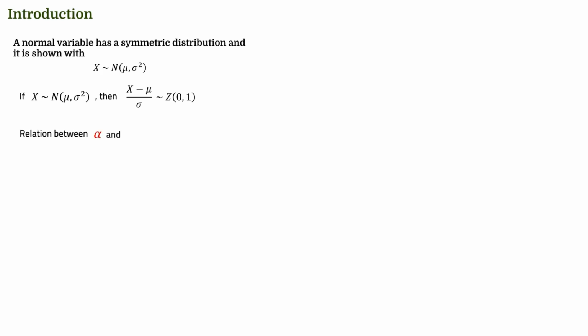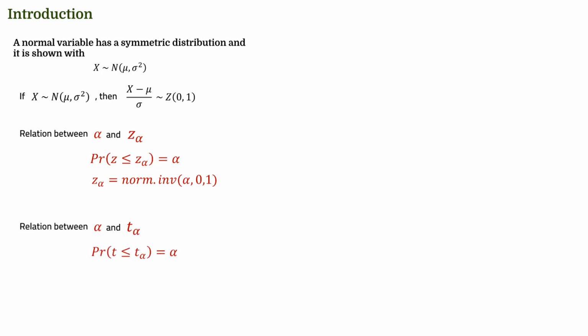Relation between alpha and z alpha: probability of Z less than or equal to z alpha is equal to alpha. And for z alpha, you can use the function NORM.INV(alpha, 0, 1). Relation between alpha and t alpha is that probability of T less than or equal to t alpha is equal to alpha. And you can find t alpha by the function T.INV(alpha, nu). Alpha is probability, nu is